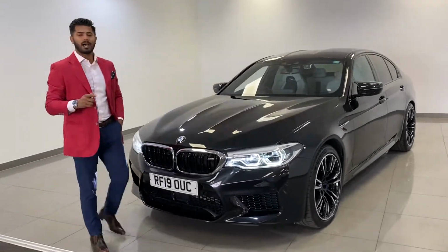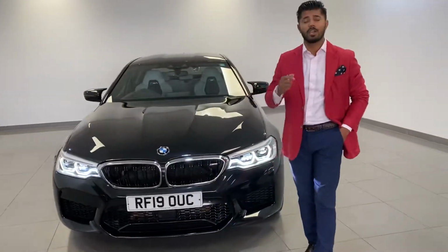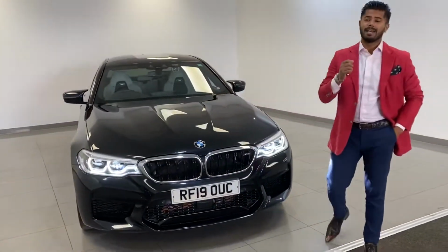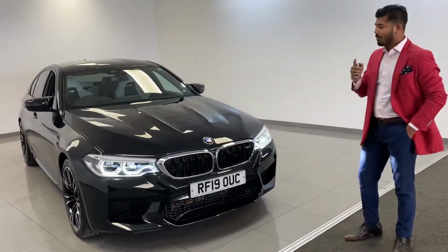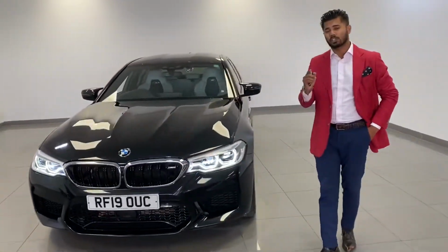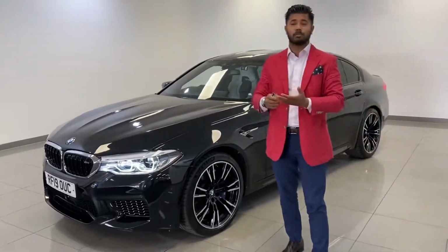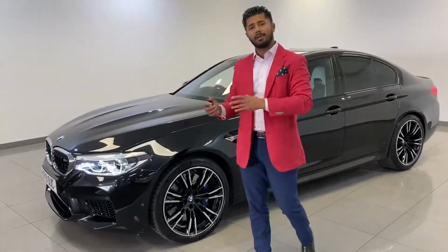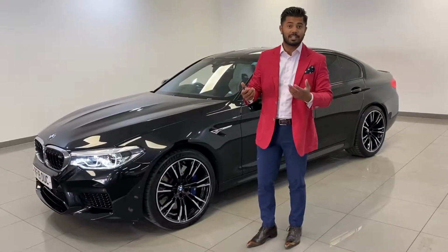Another fabulous car with a list price of £100,000, now at a fraction of the cost. It's a beautiful black sapphire 2019 BMW M5, the new G model. With only 7,000 miles on and a bundle of extras, this is a stunning car. There are extras on this car which you wouldn't expect, that most customers don't want to pay for, but when you're buying a pre-owned car with 7,000 miles on, you've got to gift it to you, really, and that's what makes